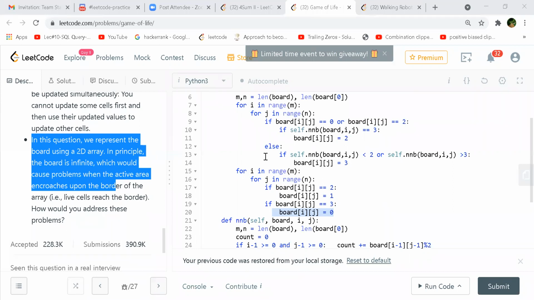Or if it is lesser than 2, it is going to be 0. So based on that, they change the current cell's value, and then they either put it back into the list or remove it from the list, based on the values of the matrix.